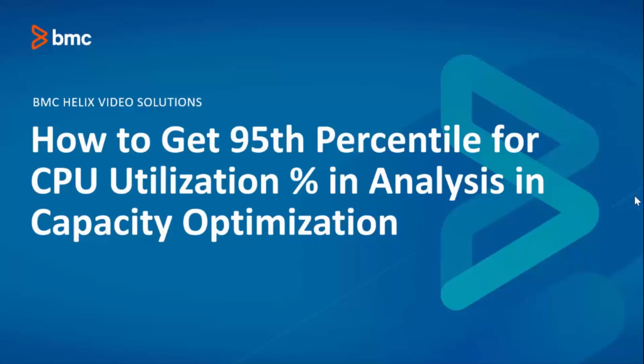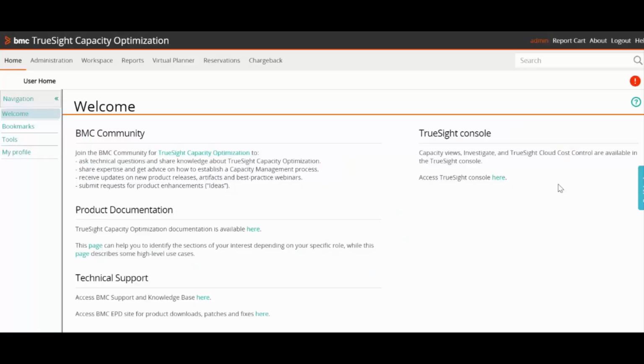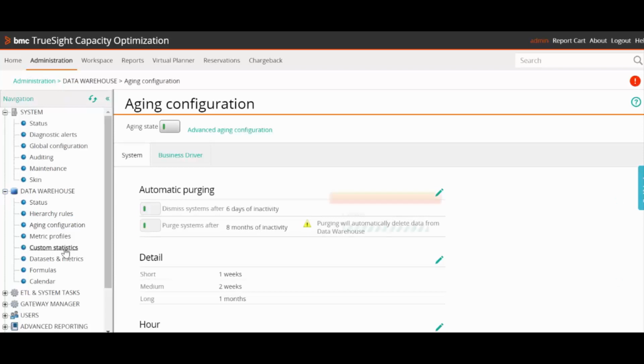In this video, we are going to see how to get 95 percentile for CPU utilization percentage in analysis in capacity optimization. To configure 95 percentile, log into TSCO console with an administrator user, navigate to administration, data warehouse, custom